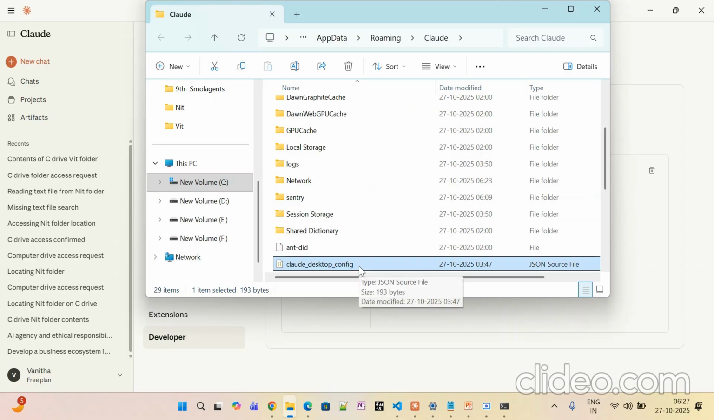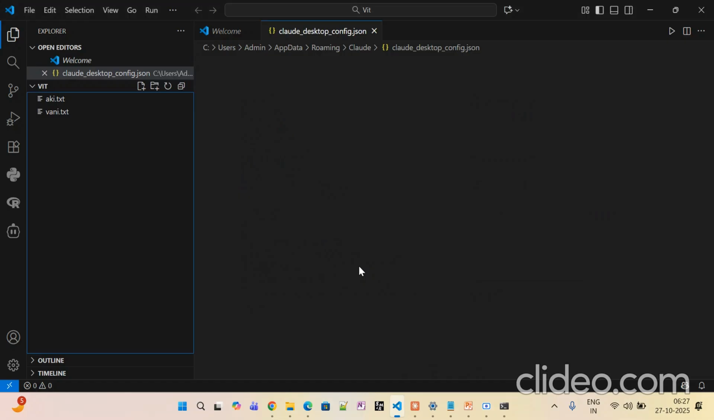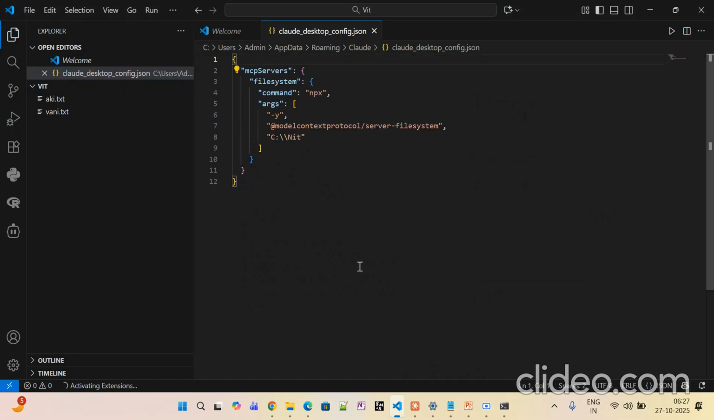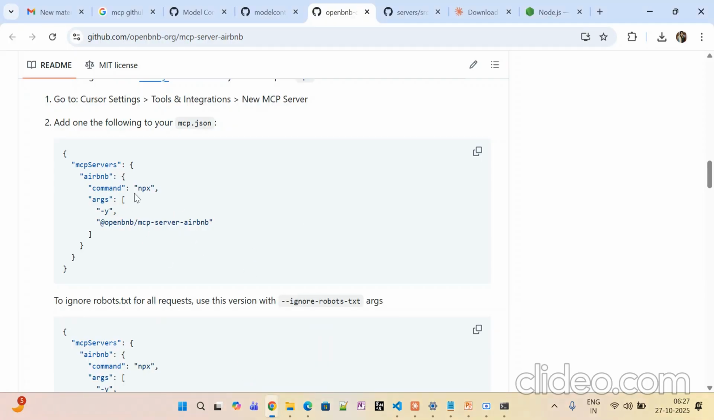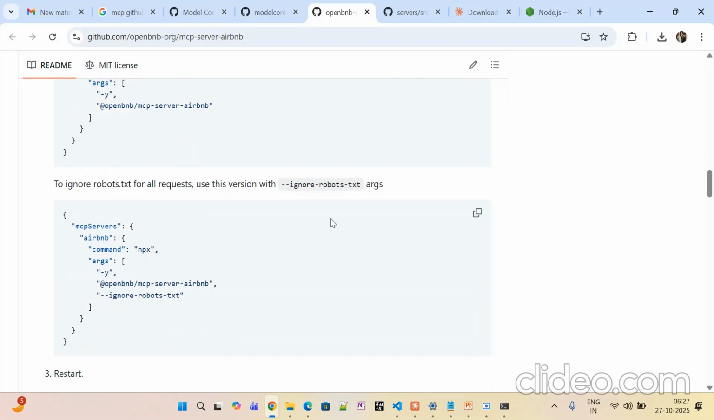Okay, so here it is. Once you double click on this one, it will redirect to your config. I have to add here my folder, which is nothing but the VIT folder. So paste here the code you have copied from Google, this code, ignore robots.txt. You have to copy this code and paste it in the